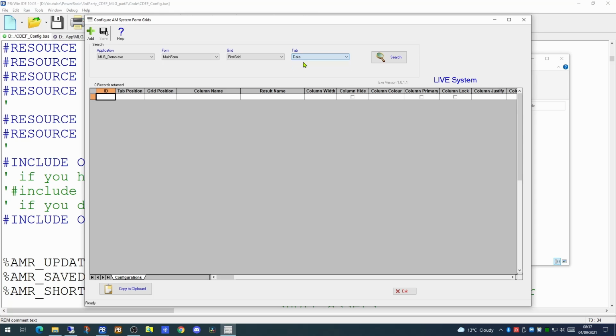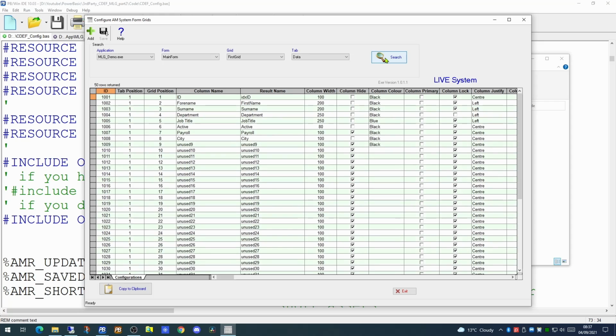If we pick the data tab and hit the search button, it gives us a list of the columns which will be displayed in this grid. As I said earlier, normally with these applications, this data is stored in a SQL Server database to keep it outside the application so that it can be configured quite independently of the application itself. However, we're storing this configuration information in a series of flat files which we'll have a look at in a